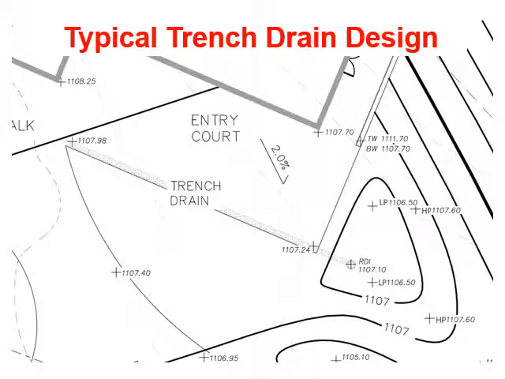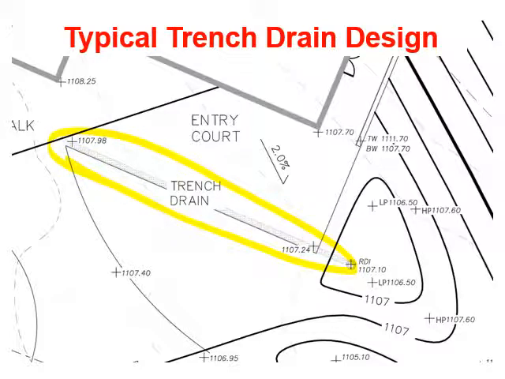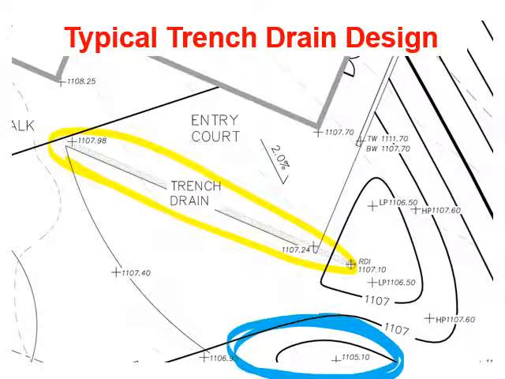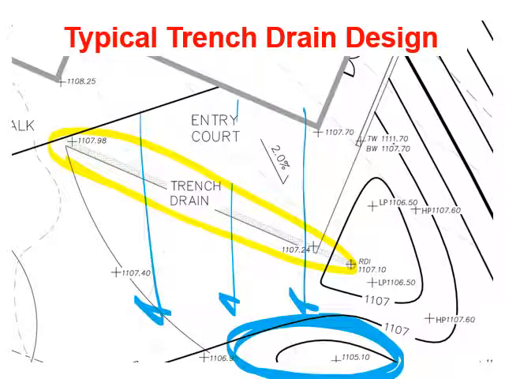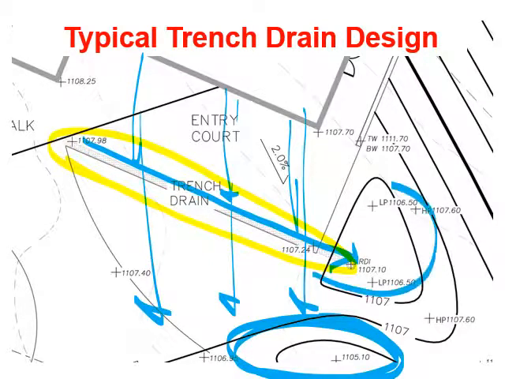So the second design you're going to commonly use is one that has a trench drain. The reason for a trench drain is it allows you to redirect water or to subdivide your drainage areas into smaller areas. If we did not have a trench drain, this area at the bottom is going to have to handle all of this water. But because we have a trench drain, we can take half of this area and divert it down to another